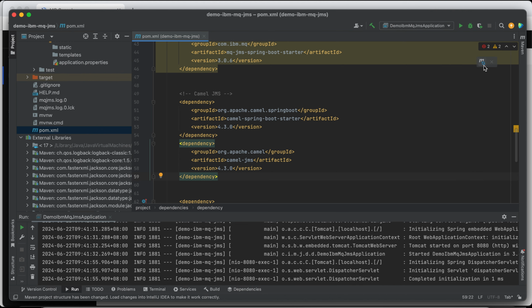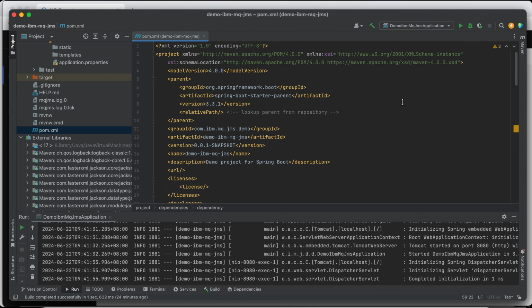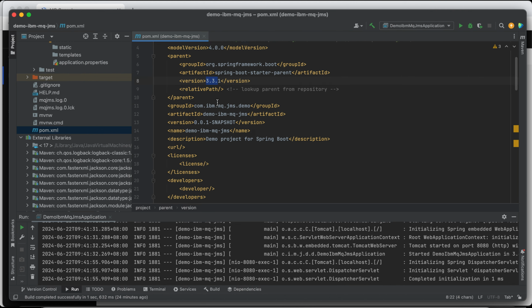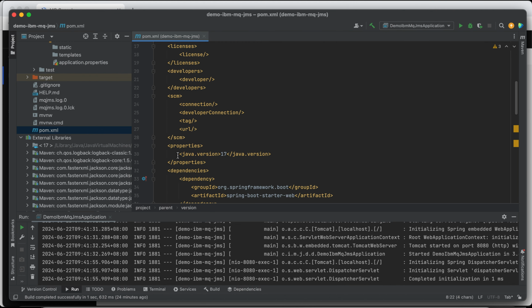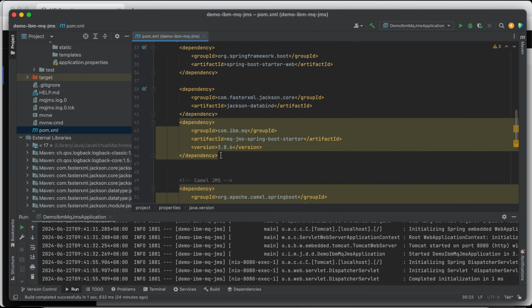Okay, so take note guys, for this demo I'm using Spring Boot version 3 and my JDK, or my Java version, is 17, right? So take note of this version because they are normally compatible with the versions of the libraries that I use.